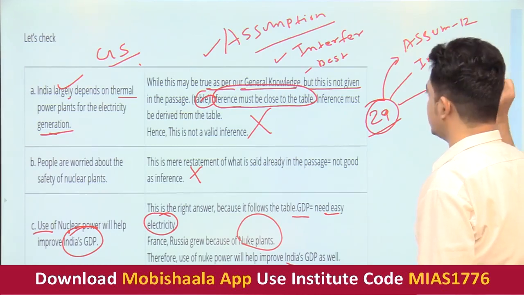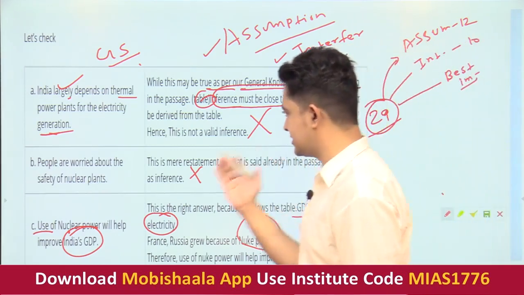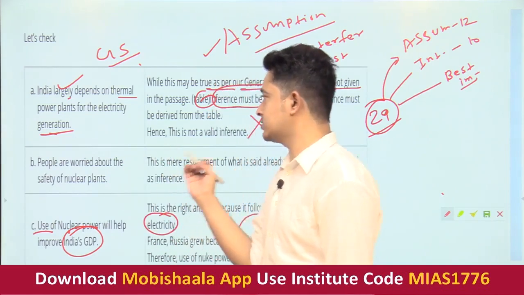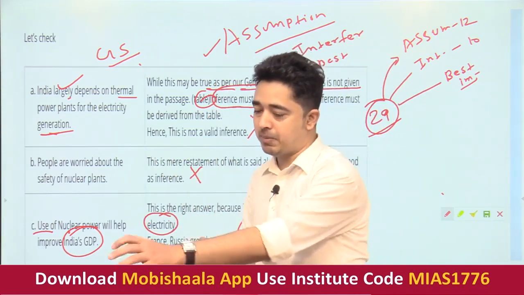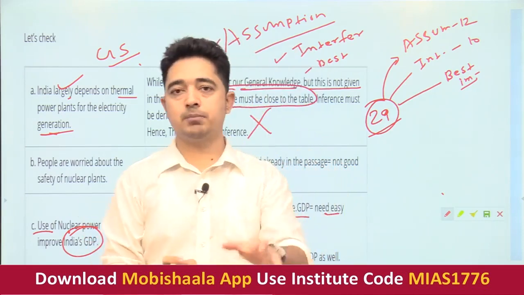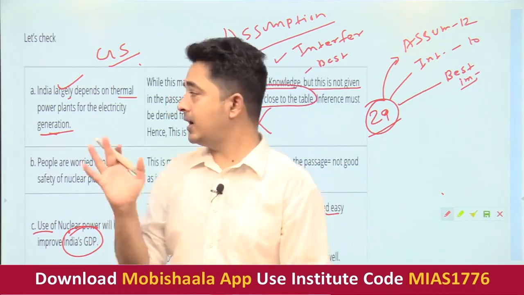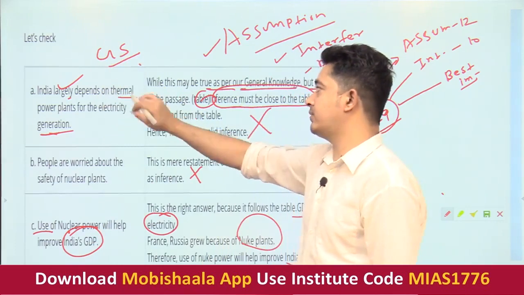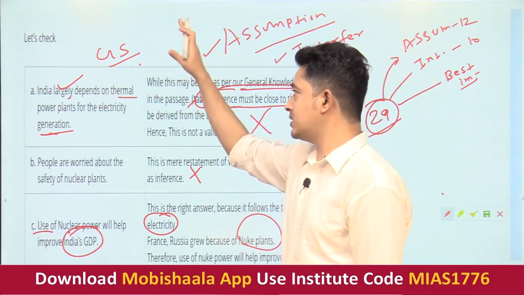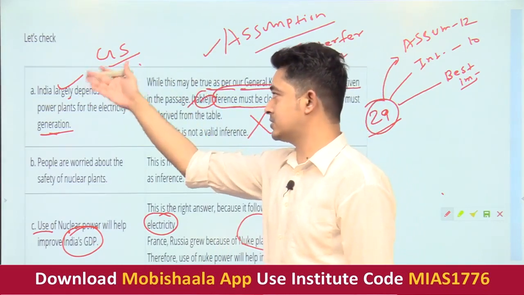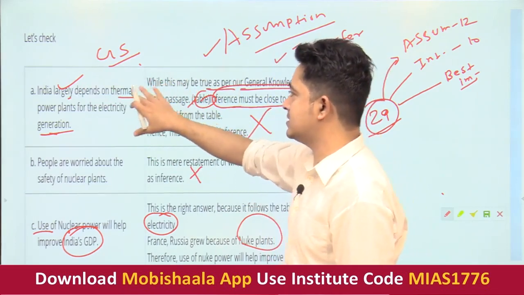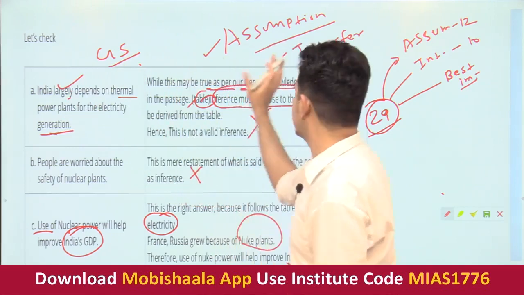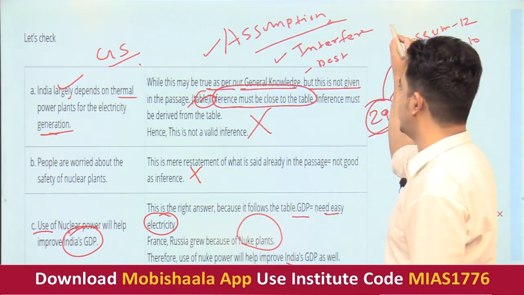This is different from exams like SSC and banking, where questions are directly based on fiction-based passages. For example, a passage says Gandhi was born in a particular place, and based on that you have to answer where Gandhi was born. This is the way of asking questions in SSC and banking, not in the UPSC. In UPSC, you have to understand the passage; the way of asking is different, with questions like assumptions, inference and best implied.